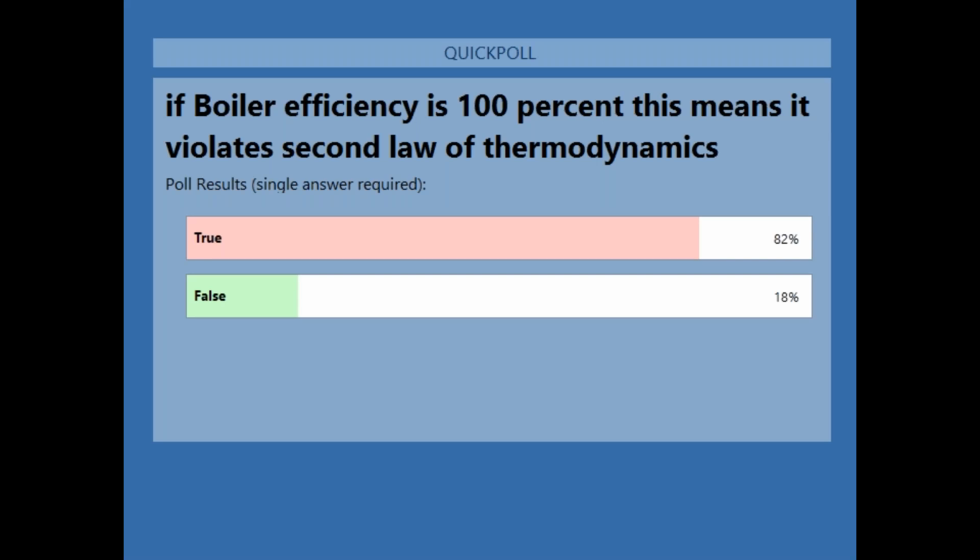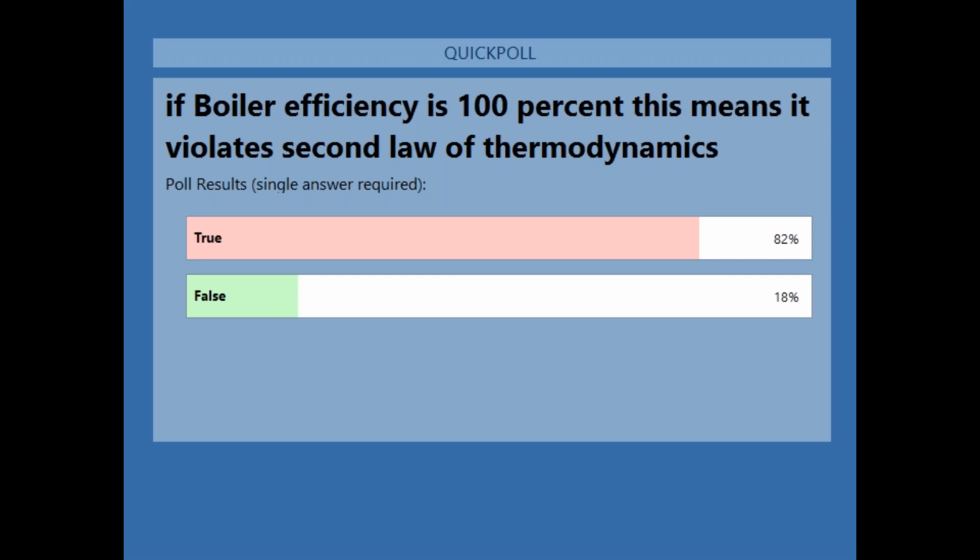Those who have said it is an open system, they are right. Chaitali, Aditya, and all. So it is an open system for a simple reason. Please register in your mind that when you are talking about an open system, it means that there is a flow of mass in and out of the system. Obviously, in the boiler, water flows in and steam comes out. So mass flows in and mass flows out of the system, right? Hence, a boiler is an open system.